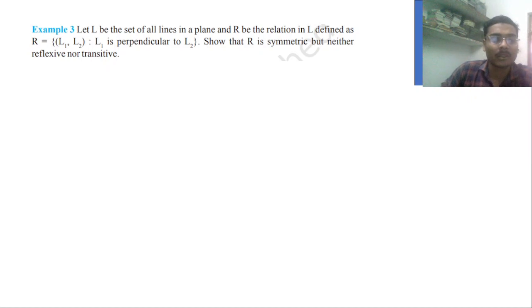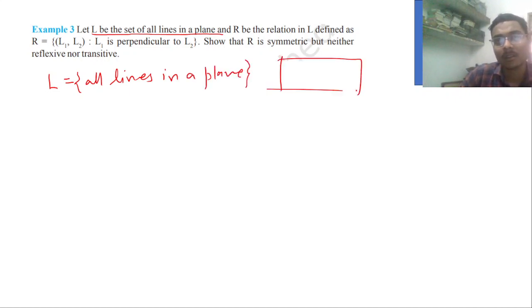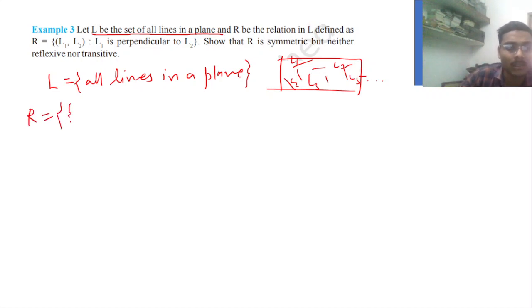Coming to our example number 3 of this session. So what we are given is: let L be the set of all lines in a plane. So a plane is here and different types of lines are being drawn here. So these all are the lines, naming them L1, L2, L3, L4, L5 and so on. And now we have been given a relation such that